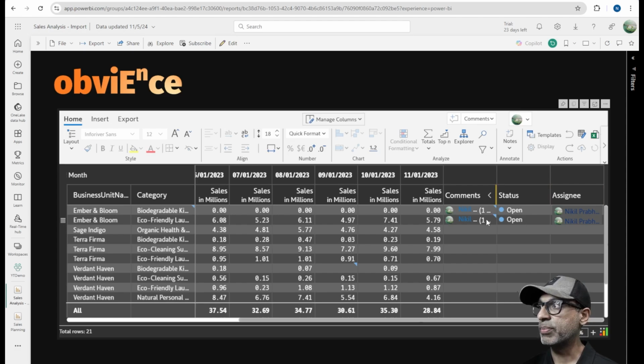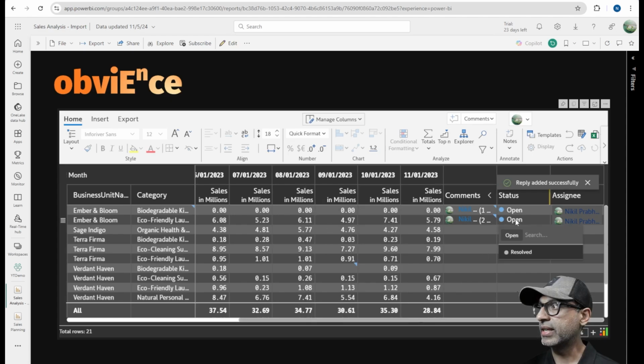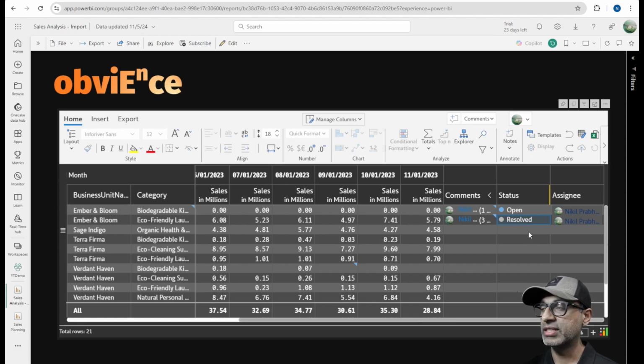So at some point, if I come back and reply to this, okay, I can reply and I can change the status of this to resolved. So this way it helps me keep track of not only the comments that were made on each row, but also who it was assigned to, and the status of it, if it's open or resolved. So if there is a large table, it helps keep track of the status of it,